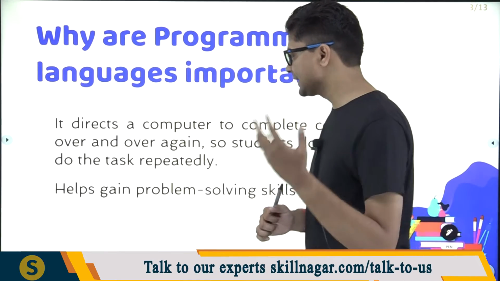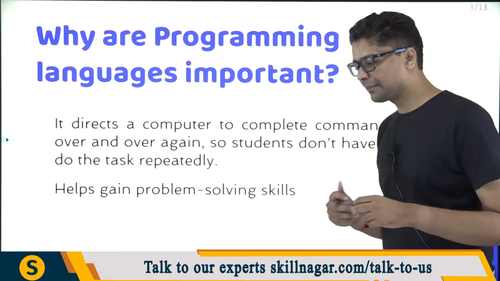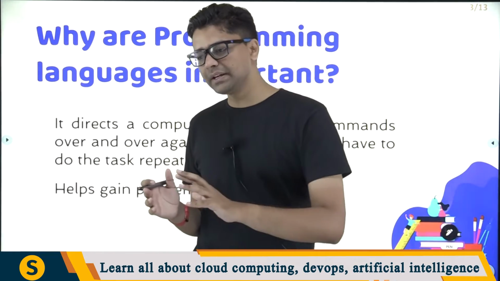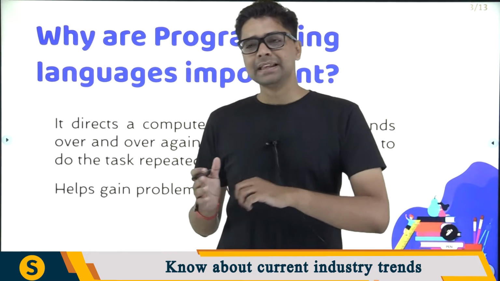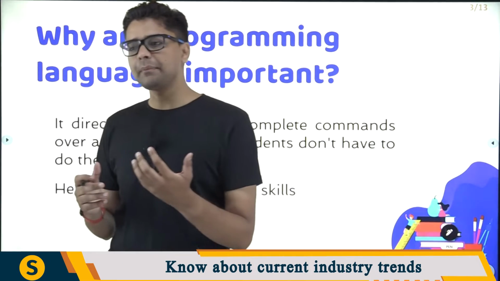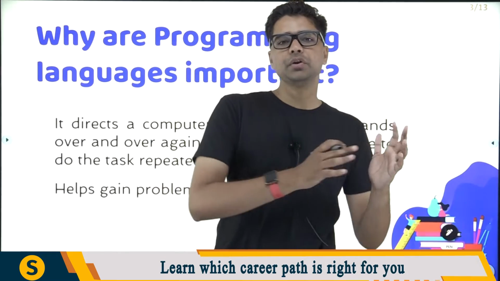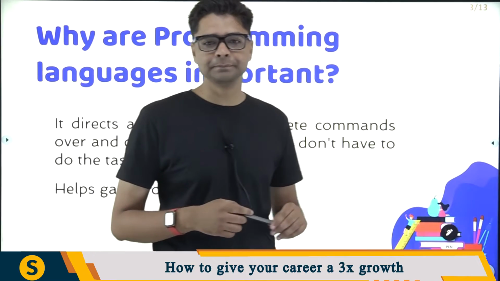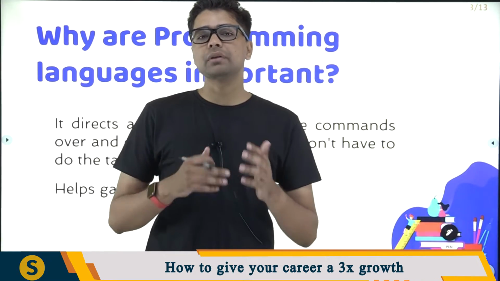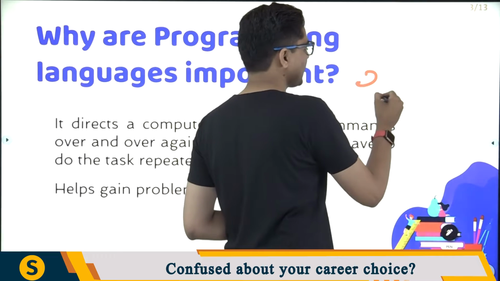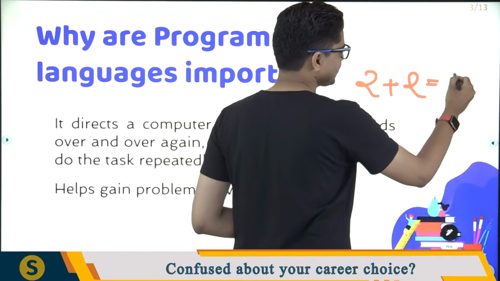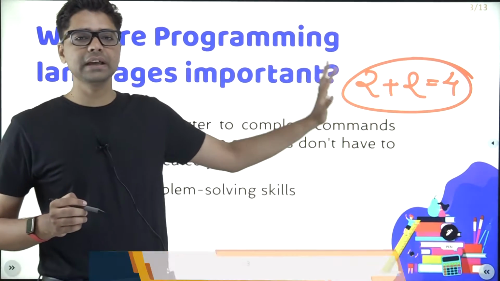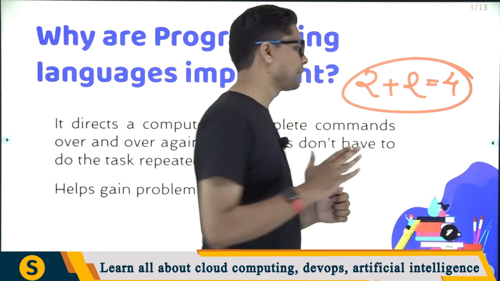Now obviously if anyone is not aware, a programming language is a way with which we instruct a computer. So we give instructions to a computer and it will follow the instructions and give the result back. Why is a programming language important? Because programming languages can mimic what a human being tends to do. I'll give you a very simple example. Let's say a calculator. A calculator is a mini human being who can do calculation on your behalf. You give an instruction, I want to add 2 plus 2, and the calculator will say your answer is 4. If you can give this kind of instruction to a machine and it can give you the output based on that, this is what a programming language is.